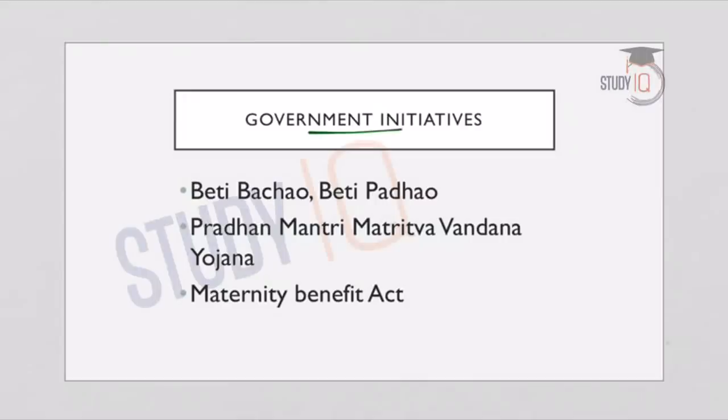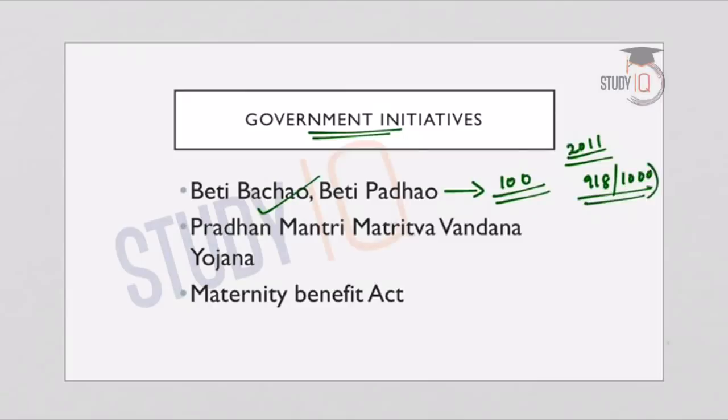And in this regard, the government has taken several initiatives like the Beti Bachao, Beti Padhao. It aims to address the issue of decline in the child sex ratio in 100 gender critical districts. According to Census 2011, there are 918 females for every 1000 males. So to bring up this child sex ratio favorable for girls, the Beti Bachao Beti Padhao aims to address the issue of decline in the CSR, or the child sex ratio, and it targets mainly 100 gender critical districts in the